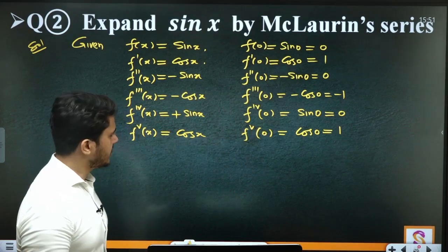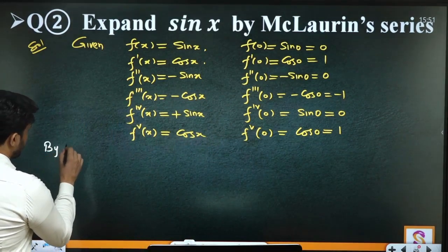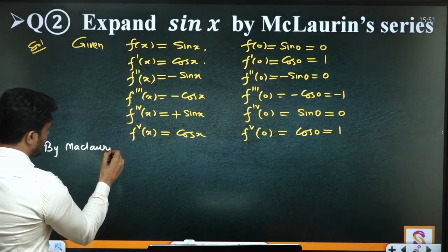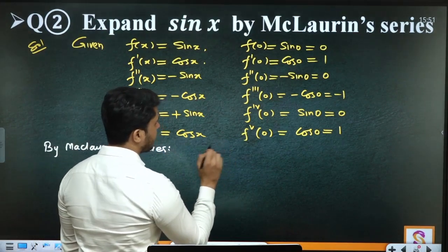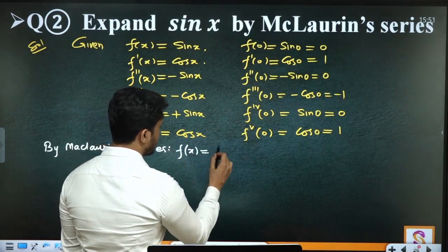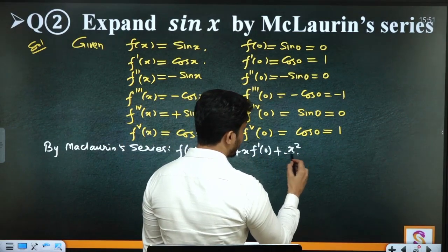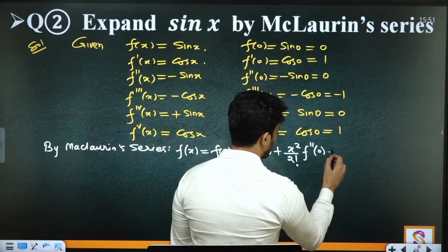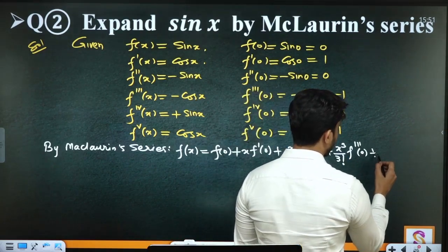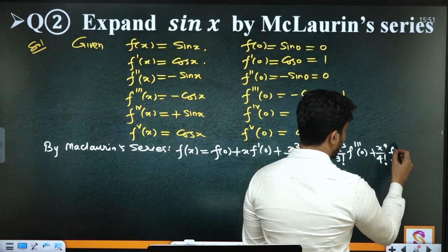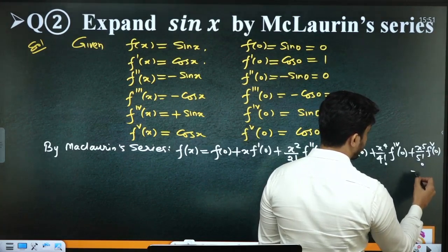So this is non-zero term, आप यहाँ तक इसको निकालिए। After that, by Maclaurin series, at least write 5 terms here, that any function f(x) equal to f(0) plus x f dash 0 plus x square upon 2 factorial f double dash 0, x cube upon 3 factorial f triple dash 0, x4 upon 4 factorial f4 times 0, x5 upon 5 factorial f5 times 0, and so on, right?